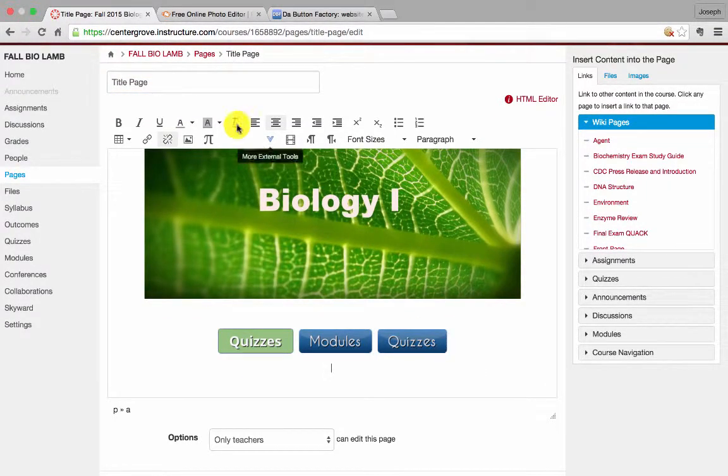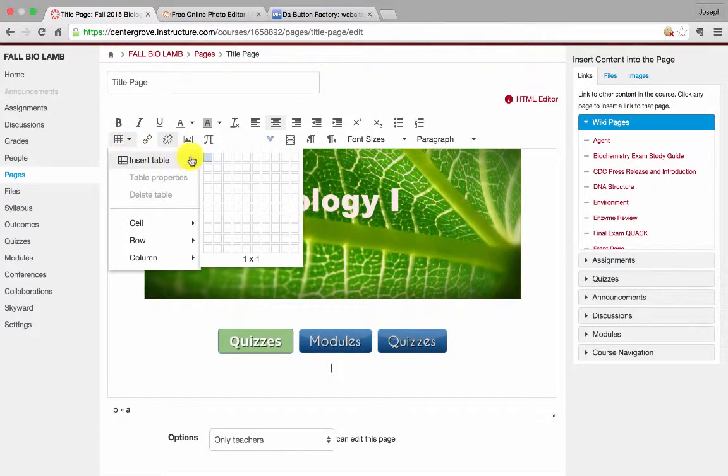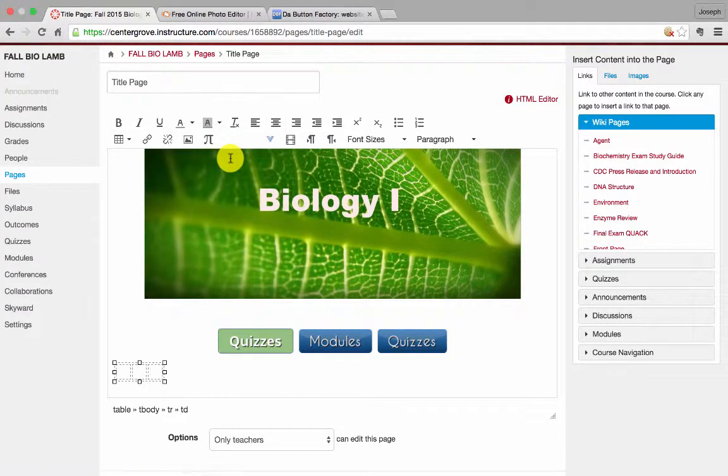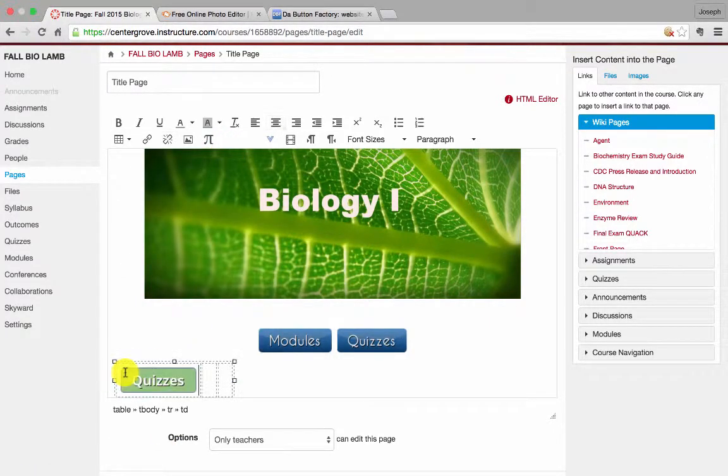So in order to do that, I'm in my editing page for my title page. In the toolbar, I have table options, and I can insert a table, and it works very similar to how you would do it in Word. You can add however many buttons you want. You can add them up, down, left, right, whatever. I'll go across just to kind of show you how this works. And I can actually click and drag